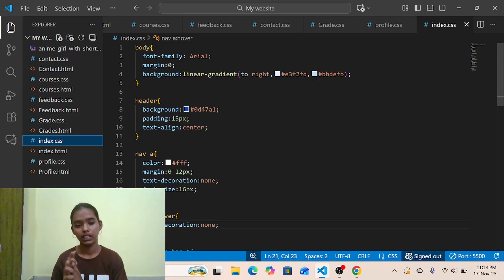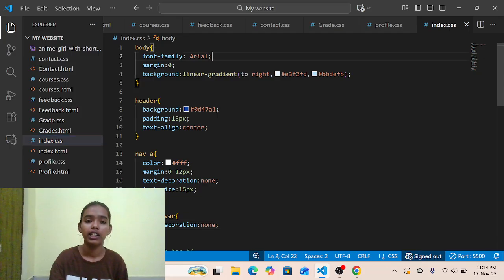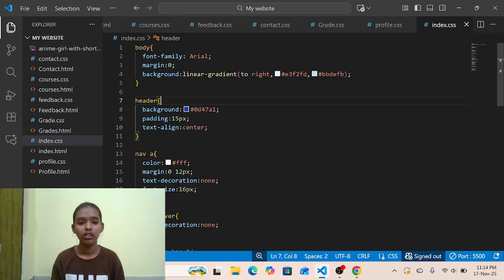Now I'm starting to explain my CSS properties. The first one is body. I use body as a selector because I want to apply font family, margin and background styles to the whole body, the whole web page.